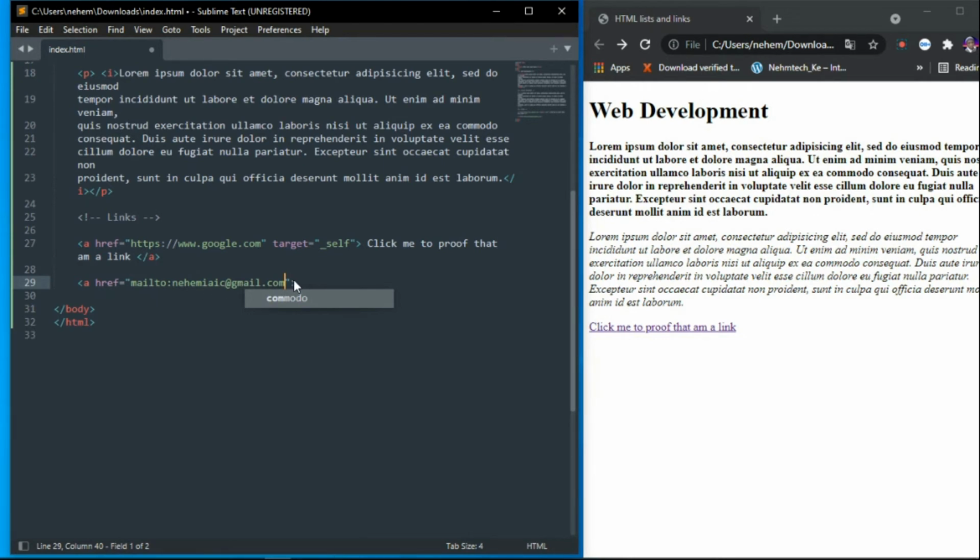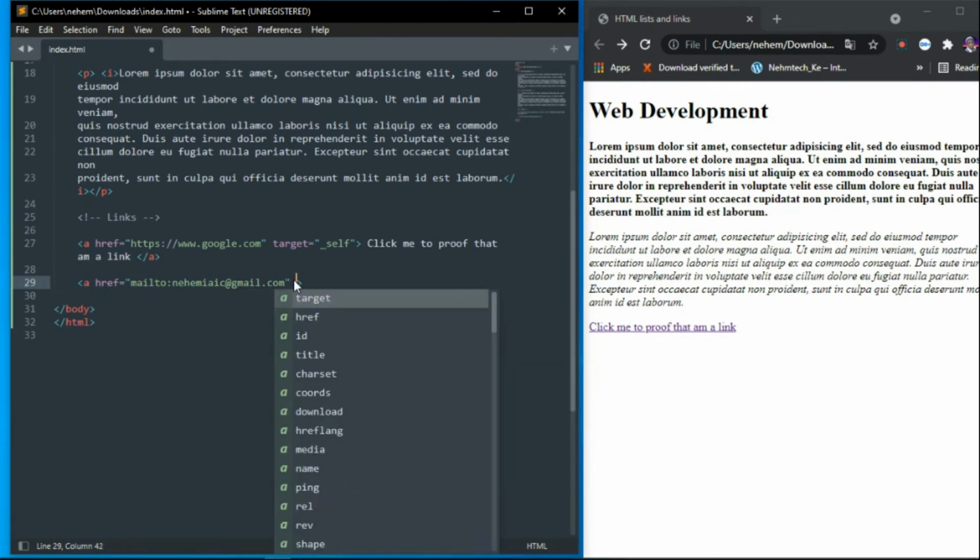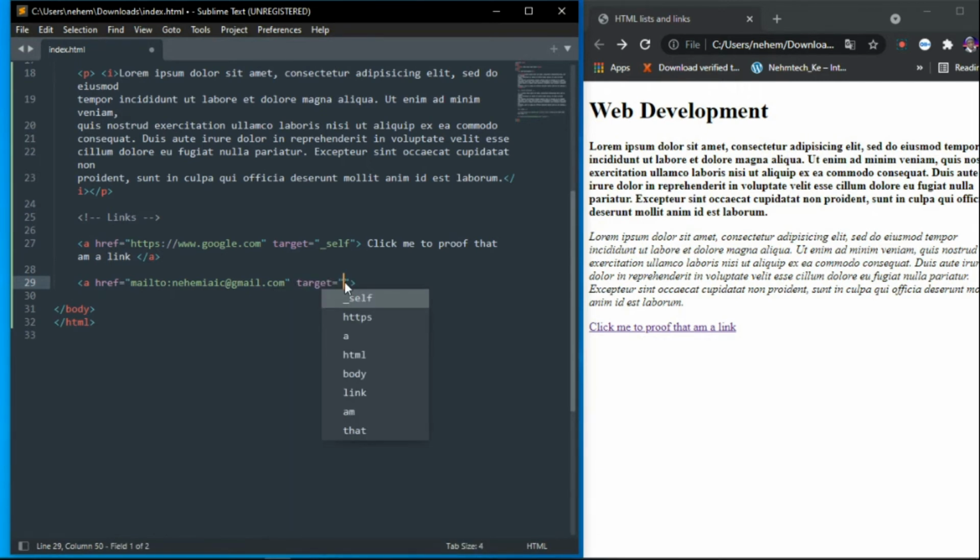So let me make it open on another tab. Let me use the target attribute, and then let me use underscore blank. And then let me say contact